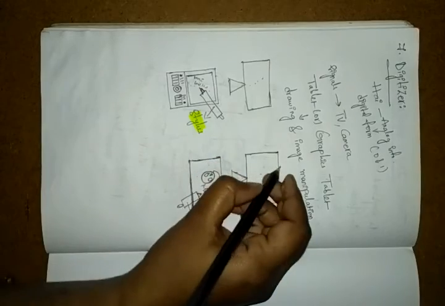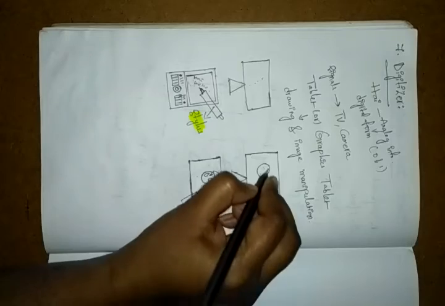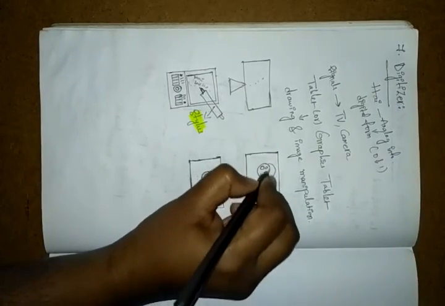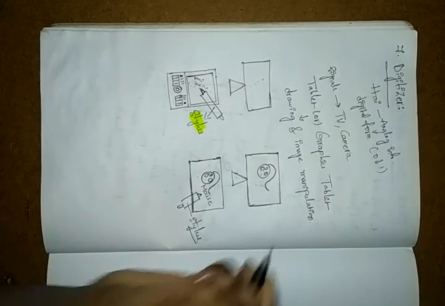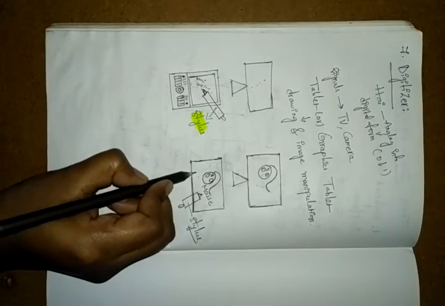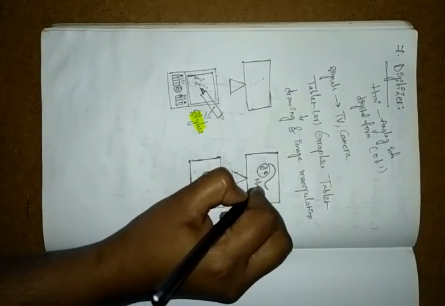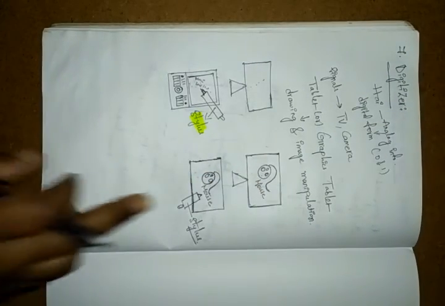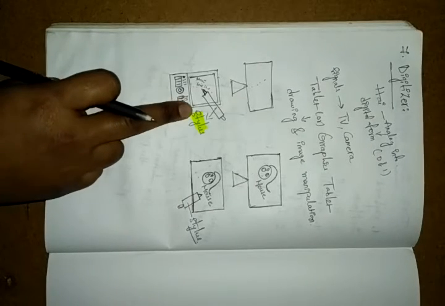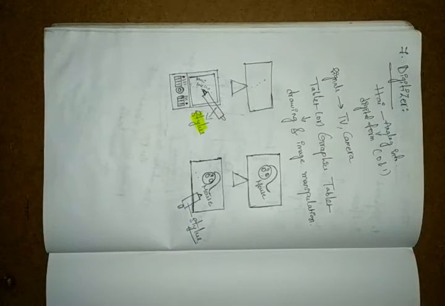Same as what I did here with the mouse, the same place it is displaying. Whatever I do here is displayed in the same place. I don't know whether I draw it correctly or not, but whatever I am drawing here will be displayed on our monitor screen. So this is the mouse. What we place on the white paper or on the digitizer using the stylus pen, that is definitely displayed on our monitor screen.